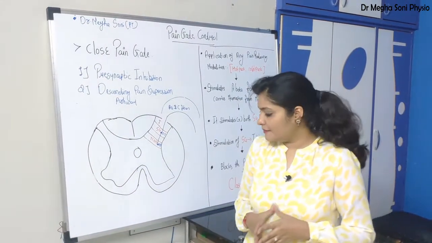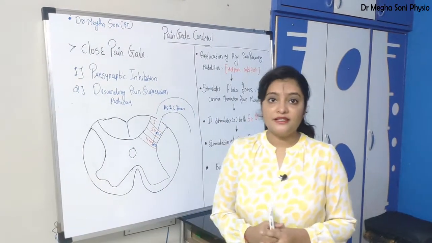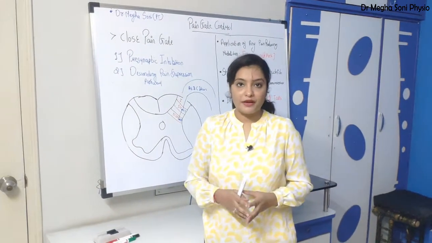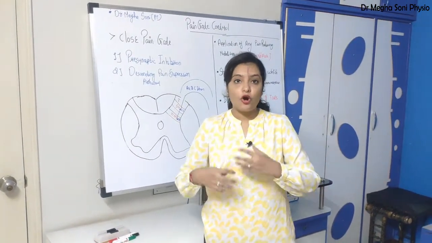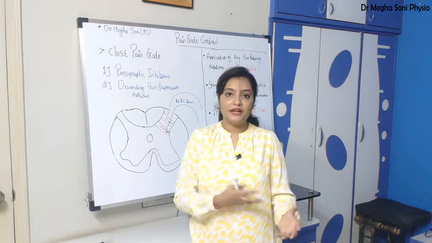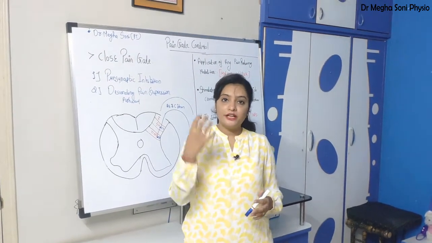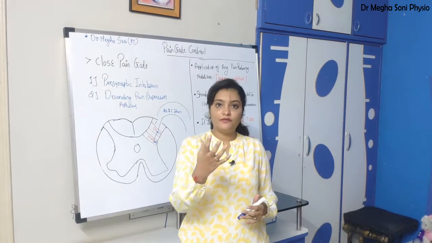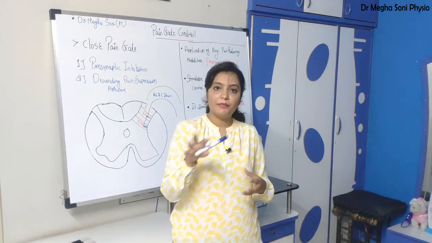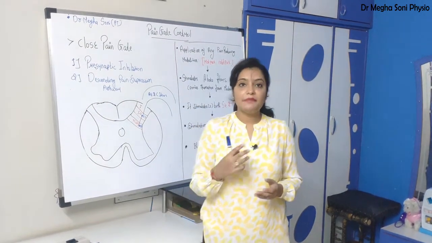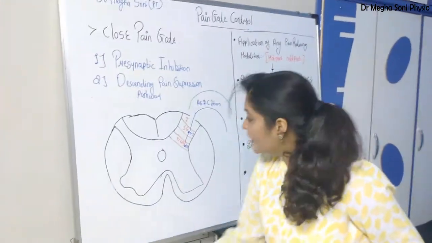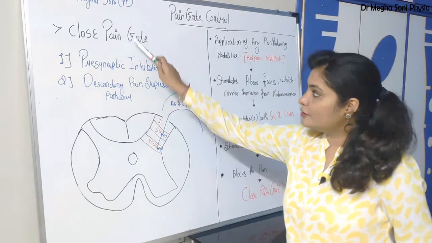Now what is presynaptic inhibition? Presynaptic inhibition means, because of pain, whenever a person applies any hot pack or cold pack over the painful region, this is just an example, there are many modalities you can place over the painful area which reduce the intensity of the pain. So whenever a person applies some hot pack or cold pack over a painful region, it stimulates A beta fibers. Fine. We have seen that A delta and C fibers are responsible to carry the pain sensation from peripheral to the central.